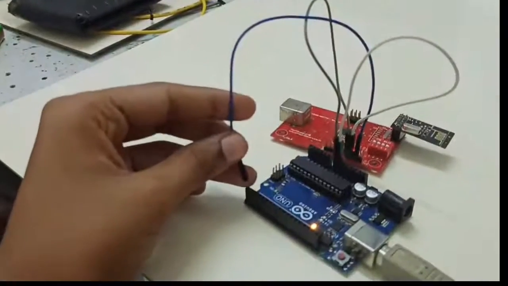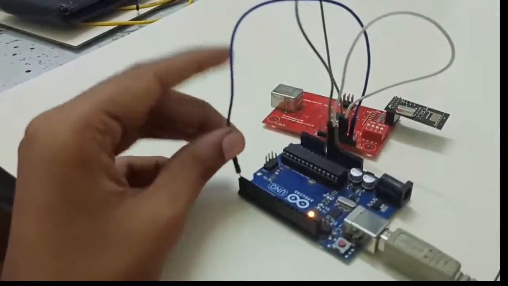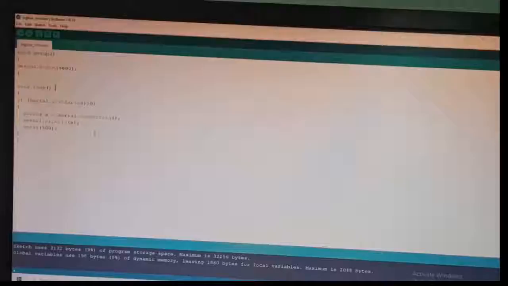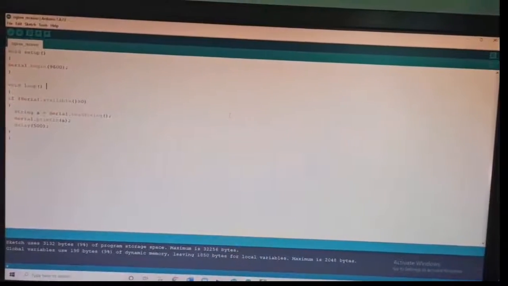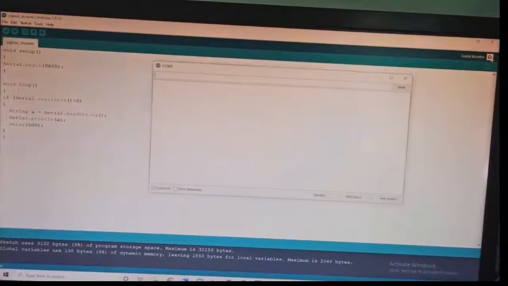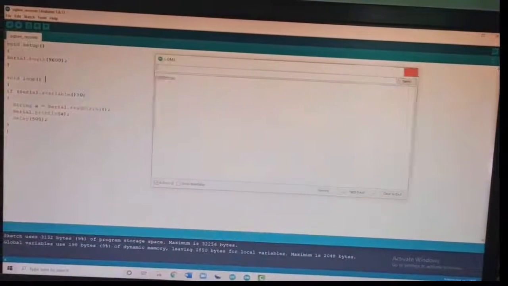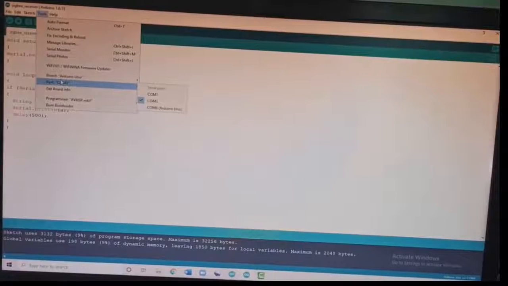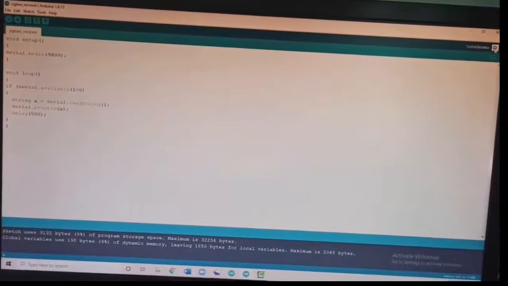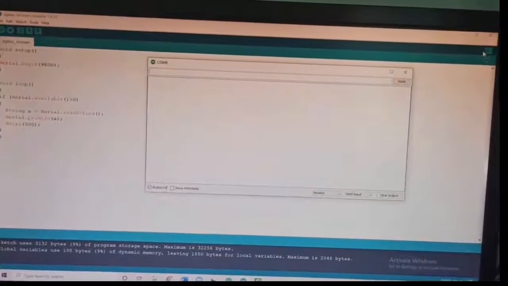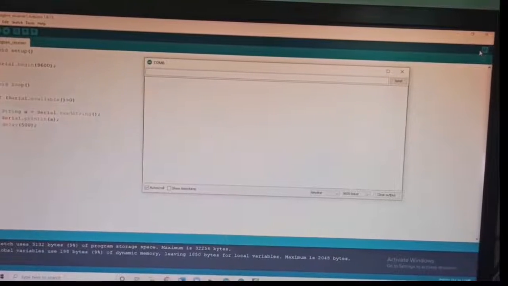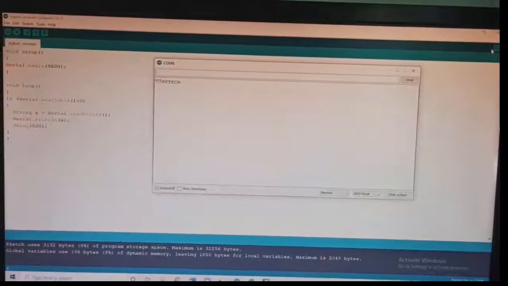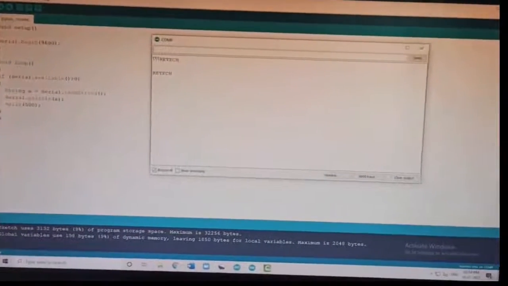Just connect the serial connections. We need to check the data using the serial communication only. So I am selecting the COM port. So we are getting the data, retake.